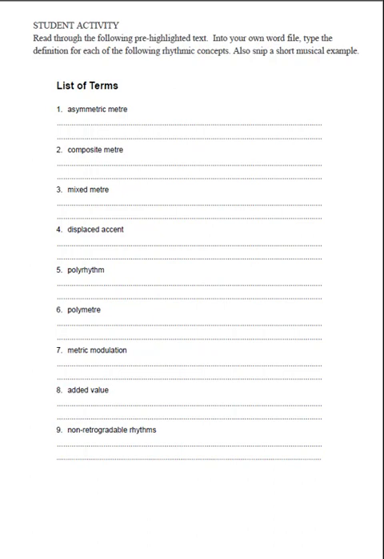composition. So the first bit of text says, read through the following pre-highlighted text and into a Word file type the definition for each of the following rhythmic concepts. Also snip a short musical example. So I'm just going to read them out, but you should be able to use Read and Write to read